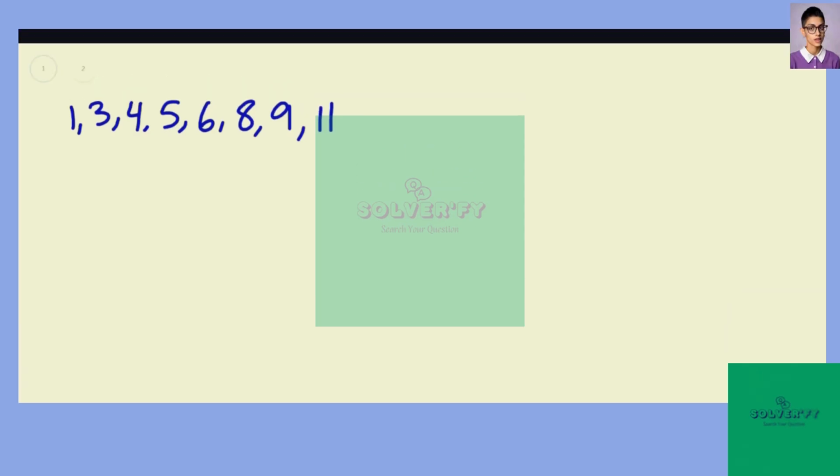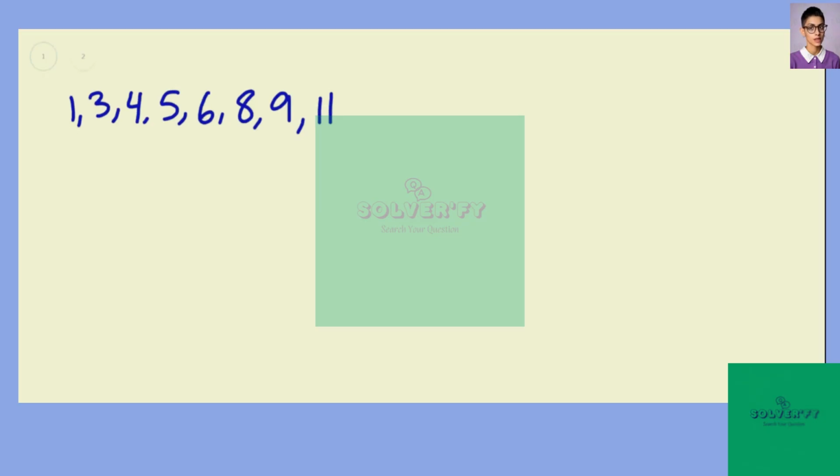All right, so problem 13 has two parts, and for part A, we are doing a linear search to find if 9 is in the sequence, right? And so the steps would be, first, we would compare 9, and to be clear, we're searching for just the number 9, right? So first we would compare 9 to the first element in the list, and we'd say,